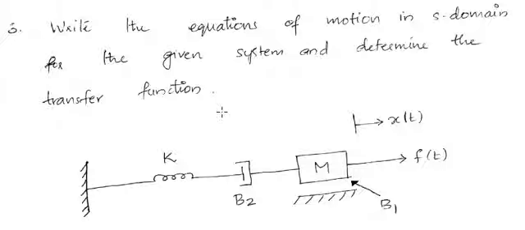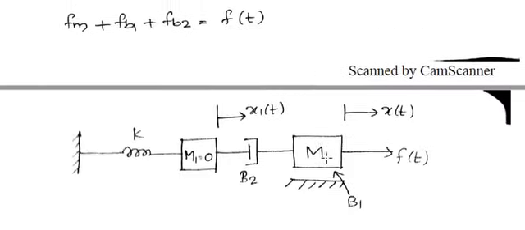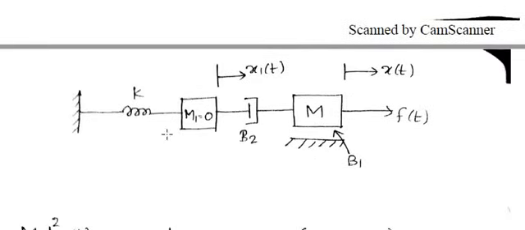So for that what we need to do is we have to assume a mass element over here between K and B2. But since in reality such a mass element is not there, you have to consider its actual mass to be 0. Okay, so we are going to redraw this particular system like this. So we have assumed a mass element between K and B2